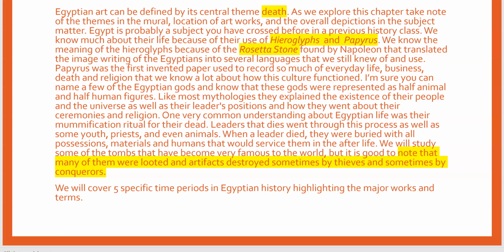So we get a very small fraction of what Egyptian life was like, and we'll talk later about King Tutankhamun, because the most important thing about him is the fact that his tomb wasn't looted, so we get the best idea of how things would have looked, and how much more grand they would have been for pharaohs and kings that lived longer. So we're going to talk about 5 specific time periods in Egyptian history,